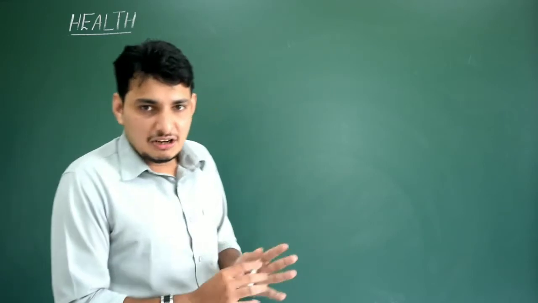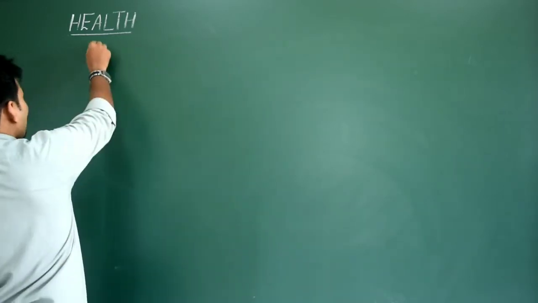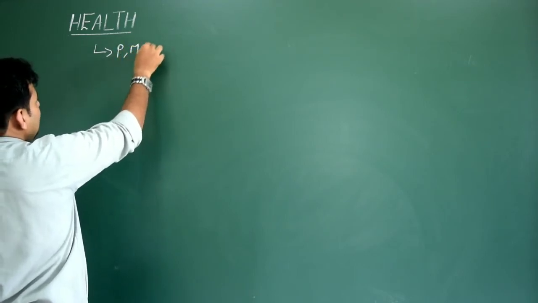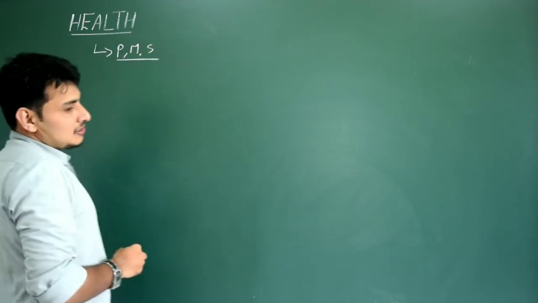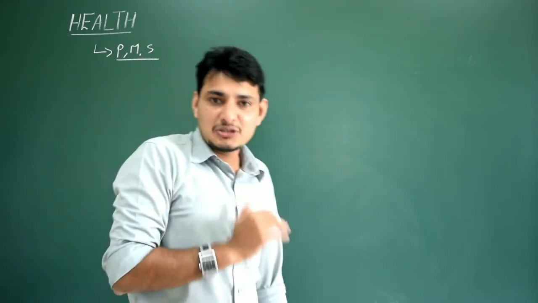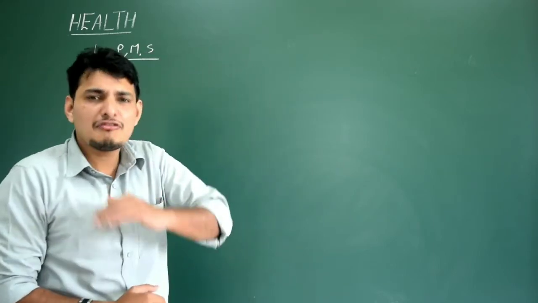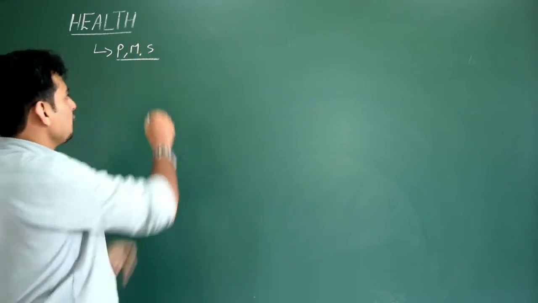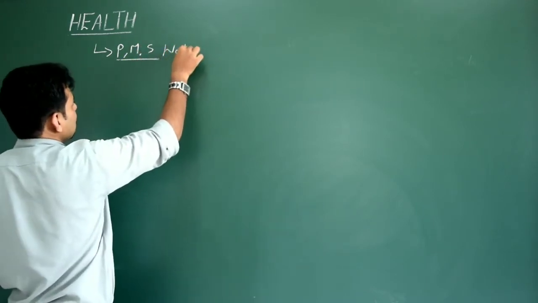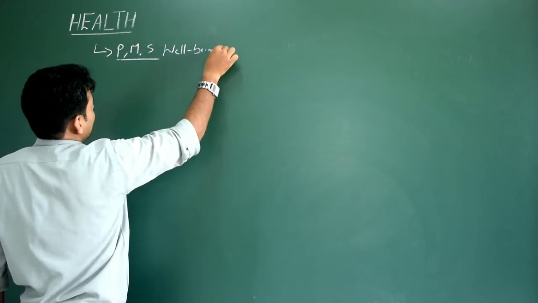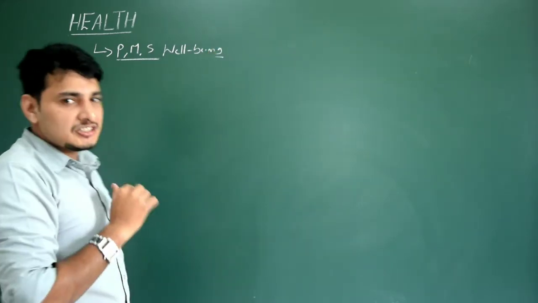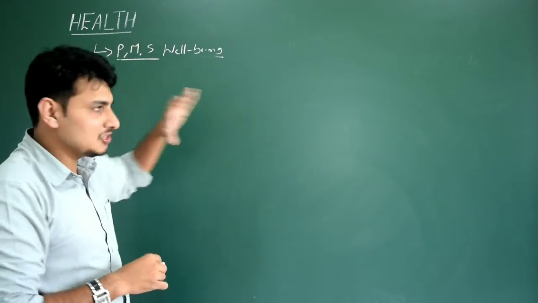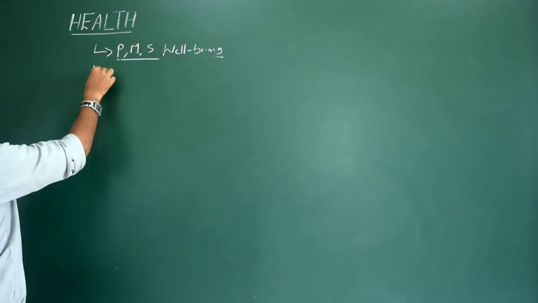So the definition of health is a state of complete physical, mental and social well-being. It is the state of complete physical, mental and social well-being. So this is the definition of health, just remember it. Before we talk about the factors which affect health, let me give you the hypothesis proposed by